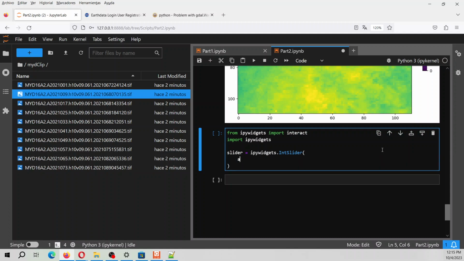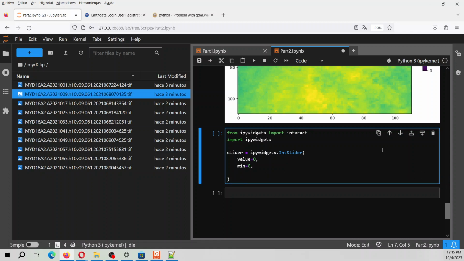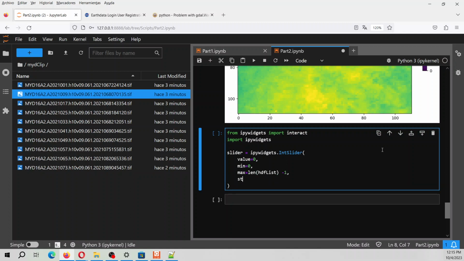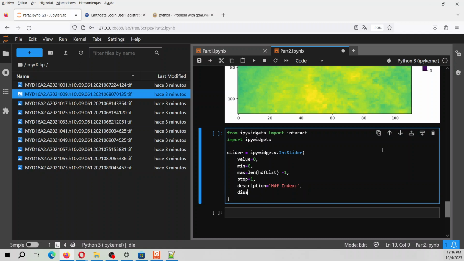The arguments will be value is equal to 0, min is equal to 0, max is equal to length of the HDF list minus 1, step is equal to 1, description is equal to HDF index, disabled is equal to False,